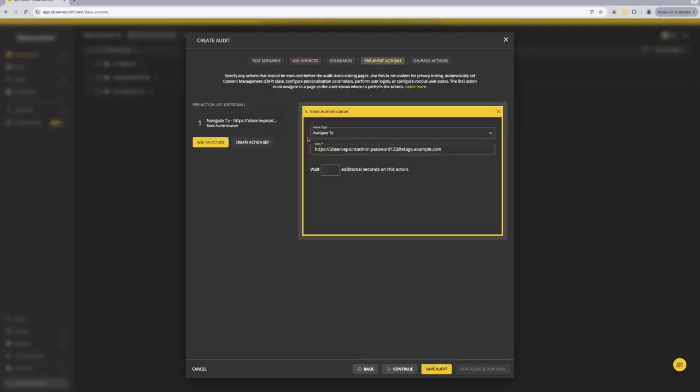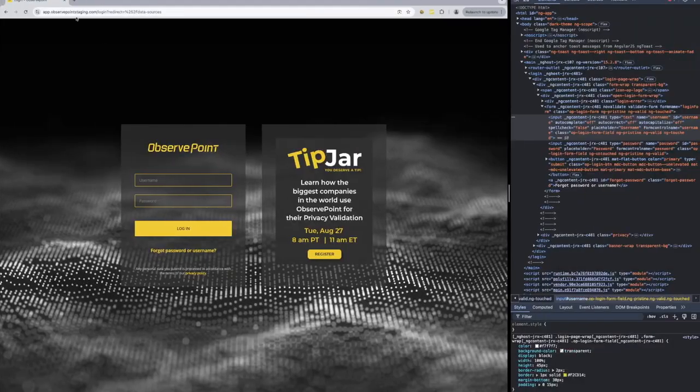And what I'm going to do is I'm going to build a series of pre-audit actions that will log in. So it's quite simple. If you've built journeys before or you are familiar with pre-audit actions or built several audits with pre-audit actions, this should be pretty simple. But I'm going to step through an example. So here is app.observepointstaging.com, and I'm simply going to provide